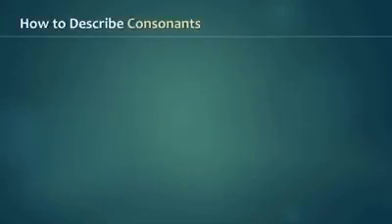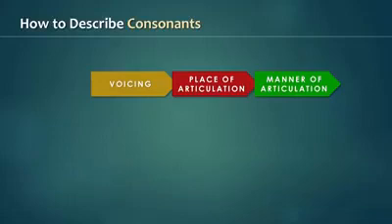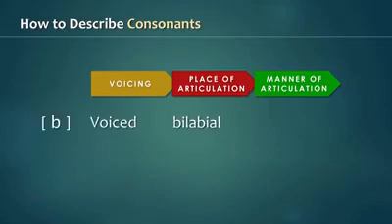Okay, we've discussed these three criteria for describing consonant sounds: voicing, place of articulation, and manner of articulation. And when linguists talk about a consonant sound, they do so in that order. So, for example, the sound b is considered a voiced bilabial stop. S is a voiceless